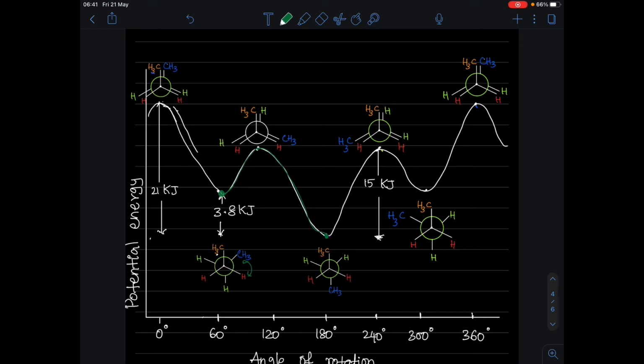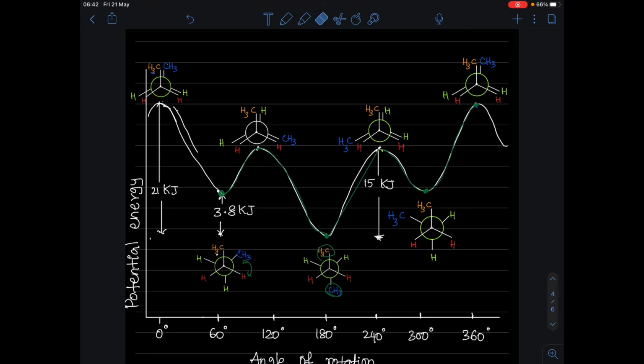As the molecule is rotated through another 60 degrees, it again gets a staggered conformation, but in this staggered conformation the two methyl groups are anti to each other. So this is an anti-conformation, and this is the most stable conformation among all the structures, because the bulky methyl groups are very far away from each other. Rotating through another 60 degrees, we again get an eclipsed conformation, so the energy increases. Rotating through another 60 degrees, it again becomes a staggered, gauche conformation. Rotating through another 60 degrees, the molecule again assumes the original structure, so the energy of the molecule is very high.